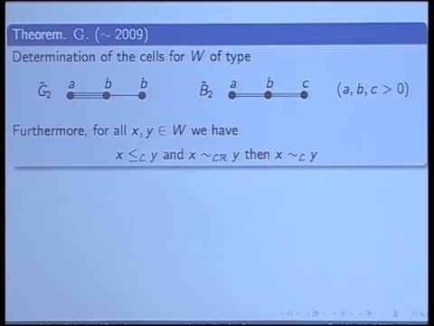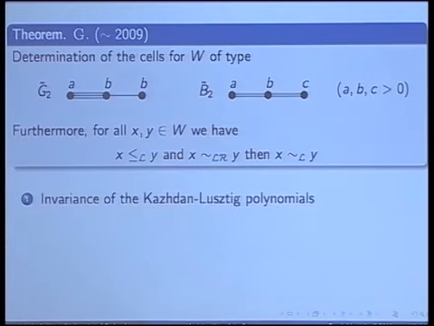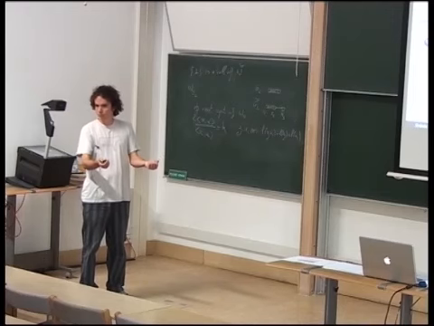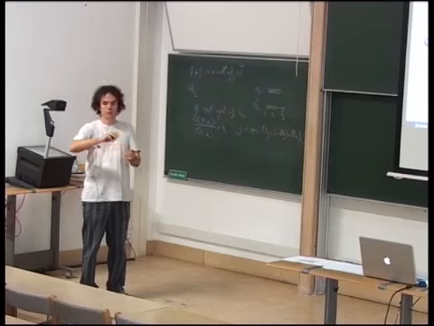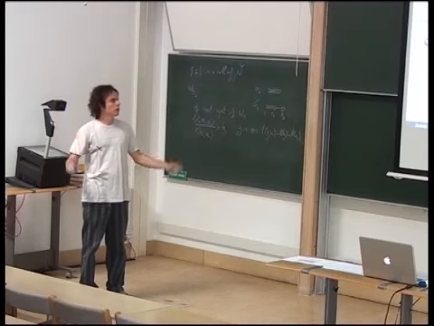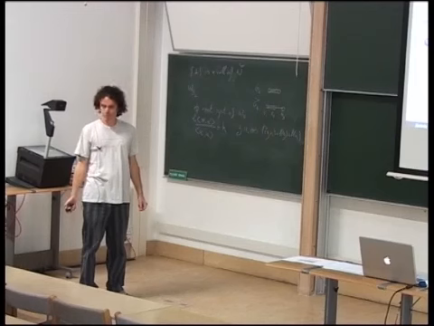So as I say, what do we use to prove this? Well, first of all, the invariance of the Kazhdan-Lusztig polynomials. This allows you to say, well, this set is included in a left cell, because you can use the invariance by translation to show that infinite sets are included in left cells. Then,